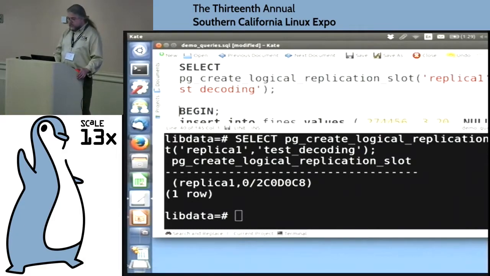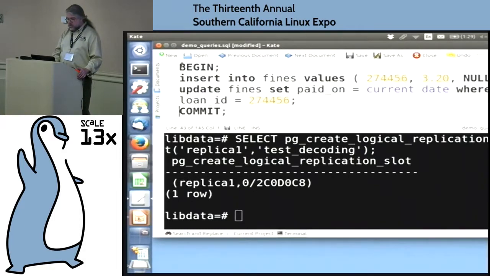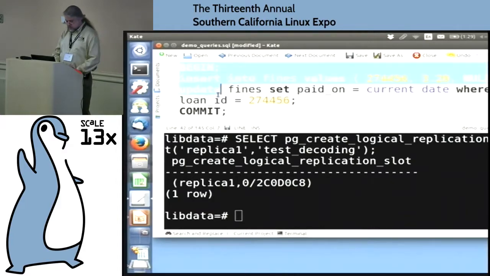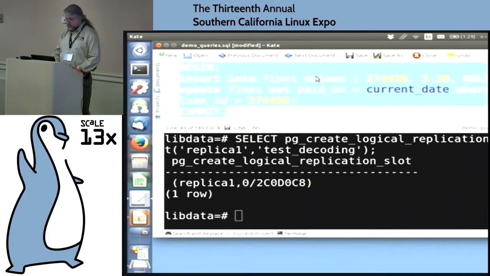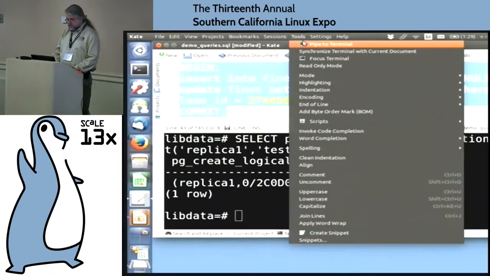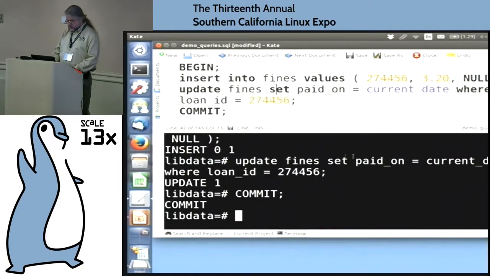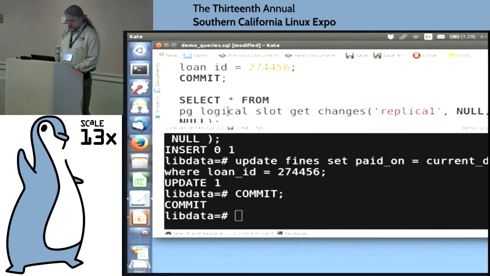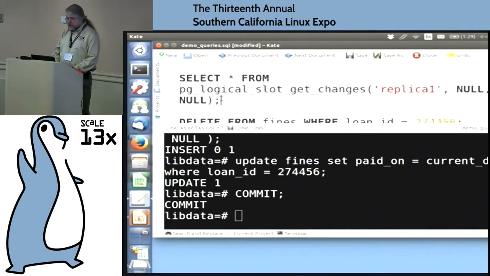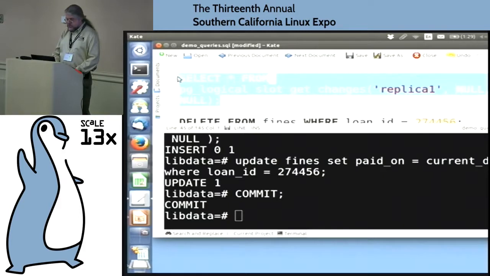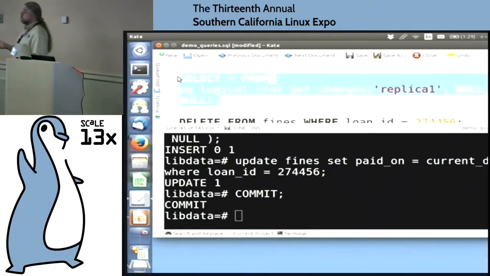And so then we can start making some changes. We're going to update some records here. And now, because we're doing test decoding, we can see this in our own session. Obviously, in a real replication system, we would be querying this information on the replica, not on the master.